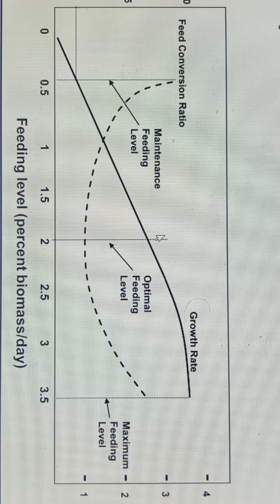Later on, if we increase the feeding level, you can again see that growth rate is increasing, but a time comes when no further growth or insignificant growth is found, or growth rate is increasing insignificantly. At that moment we say that FCR is again going high, because whatever feed we are now giving is just getting wasted. It is utilized by the fish, but at the same time it is also unutilized, and that creates waste in the pond environment, so it will deteriorate the water quality. So this is the actual phenomenon behind this schematic diagram.